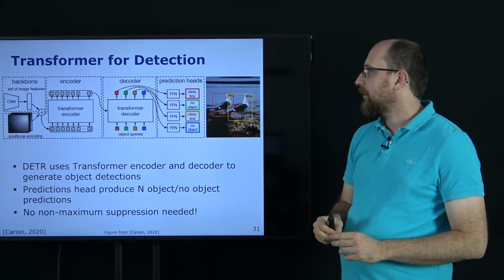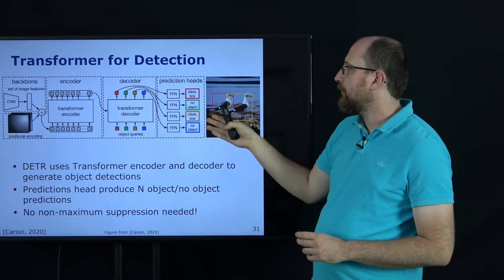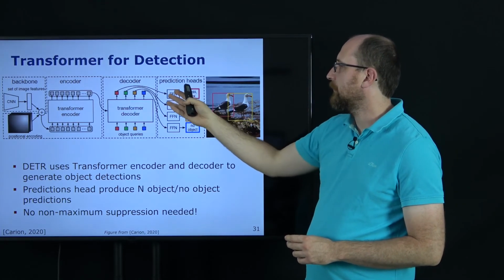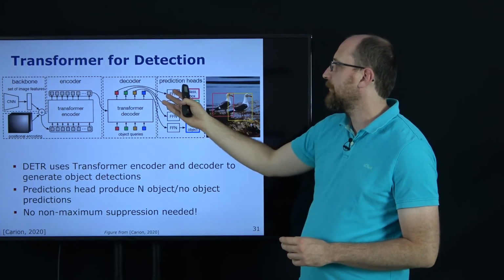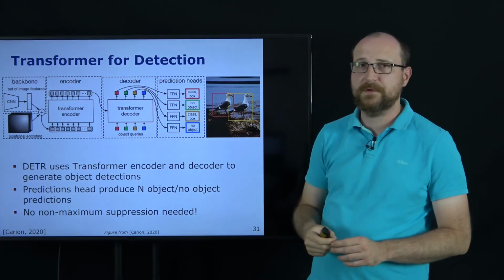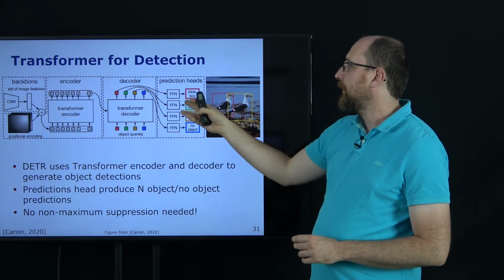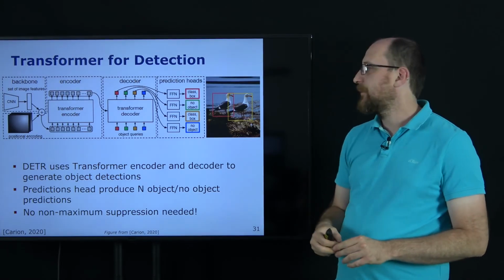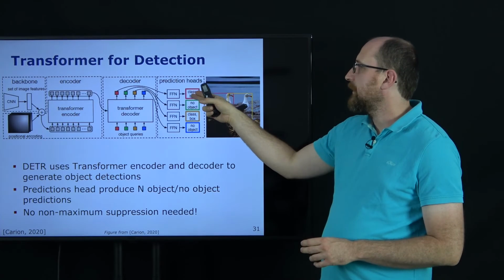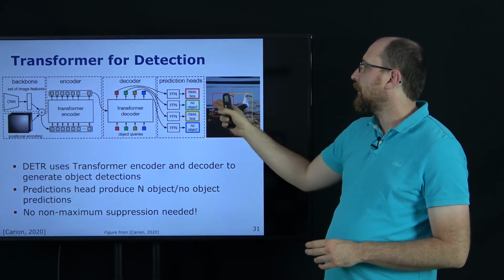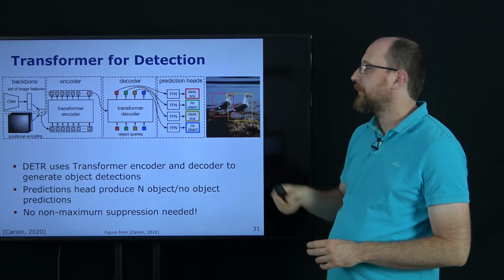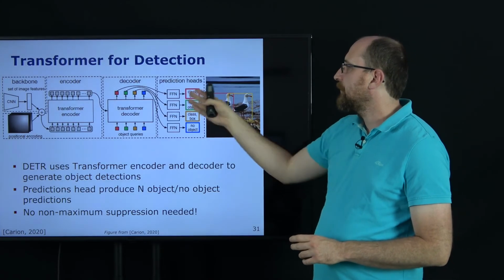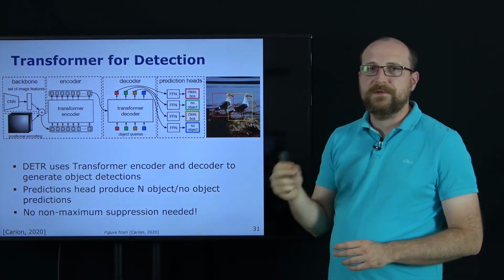And to achieve this, the network used basically this class and bounding box prediction with fully connected or multi-layer perceptrons on top of the outputs of the decoder. But it can also produce a so-called no object class. And the thing that was used for training was basically to have the decoder outputs matched to the ground truth labels via using the Hungarian method,